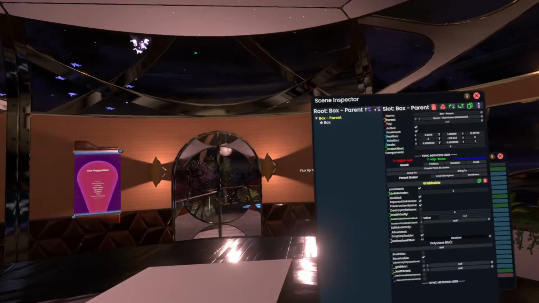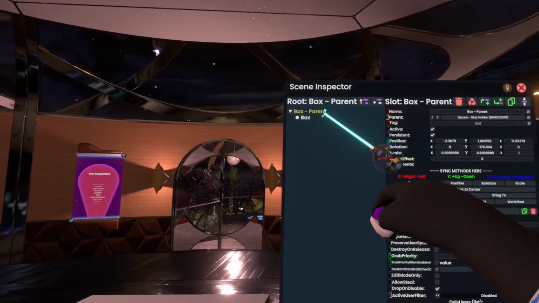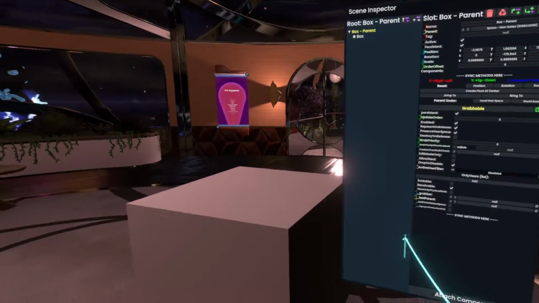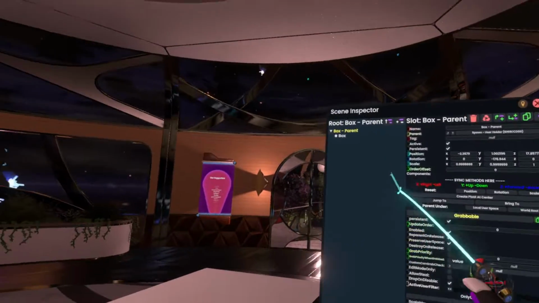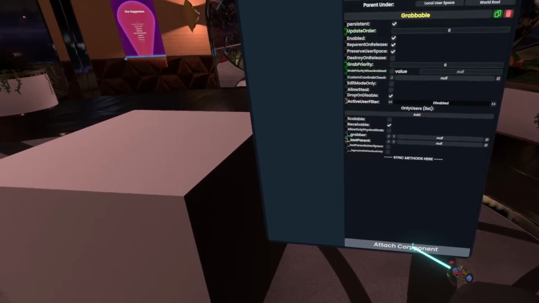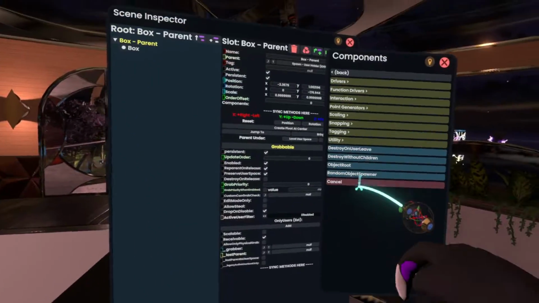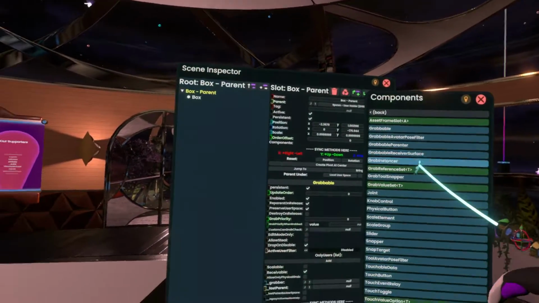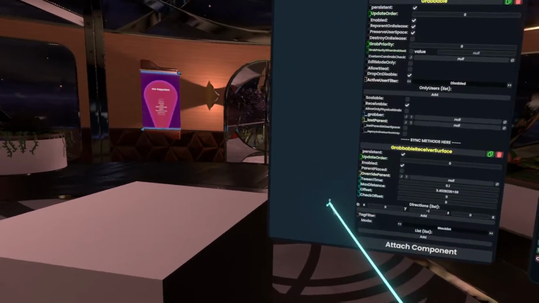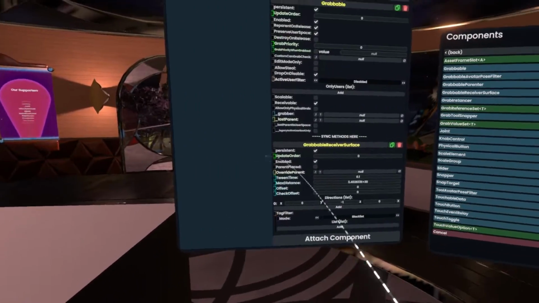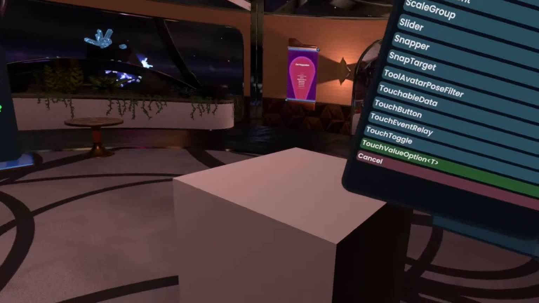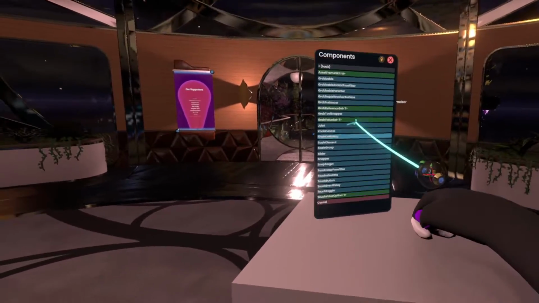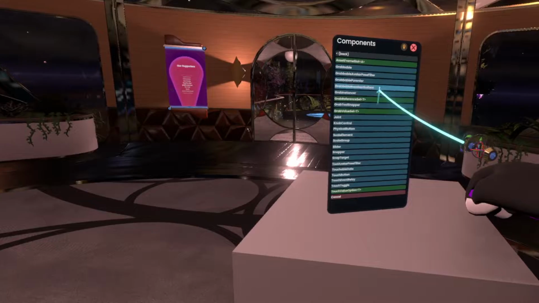Now, this box is actually already set up to have a parent, and I moved the Grabbable from the box onto the parent. Now, what we are going to set up on the parent is a component that is the transform interaction grabbable receiver surface. Now, this is a really neat component that basically allows us to grab something like this menu here and position it on there. And as you can see, it'll simply position it onto there,